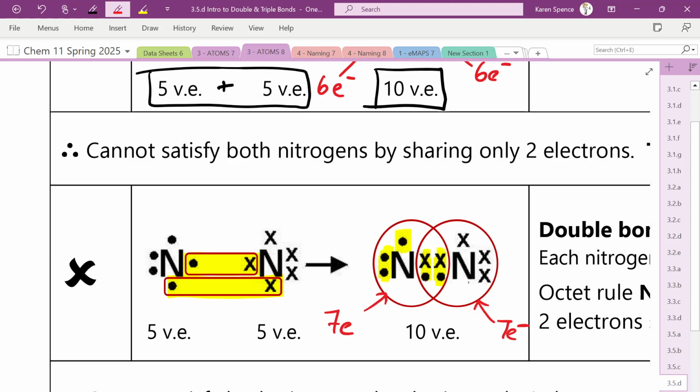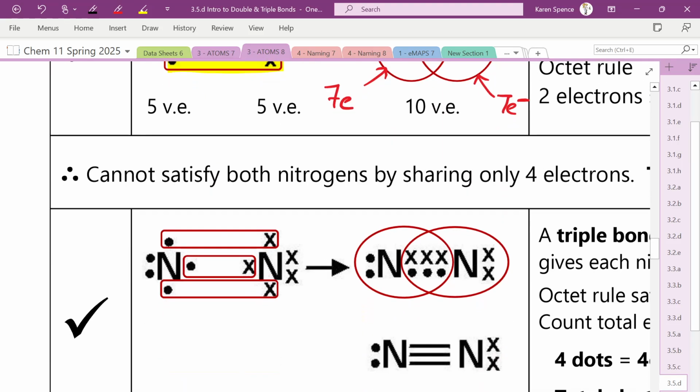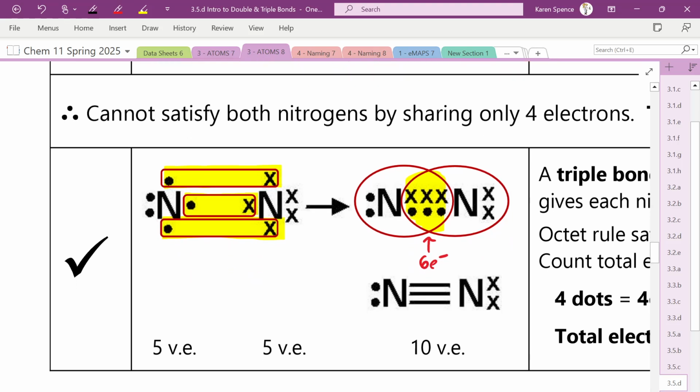You should have 6. Okay, and so what we're going to do is have that top pair share, the middle pair share, the bottom pair share, and we end up with 6 shared electrons. So 6 of those belong to both nitrogens. So they each have 6, and then they each have, what do we call these electrons here? What do we call those ones that aren't bonding pairs? We call those, starts with an L,